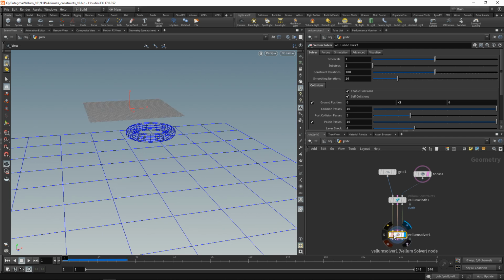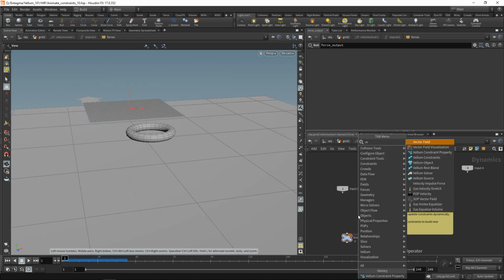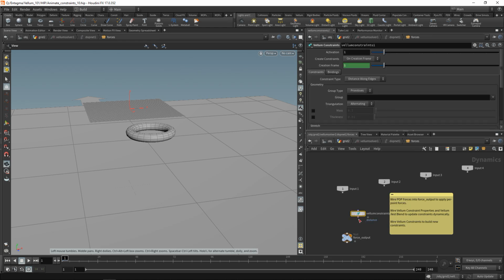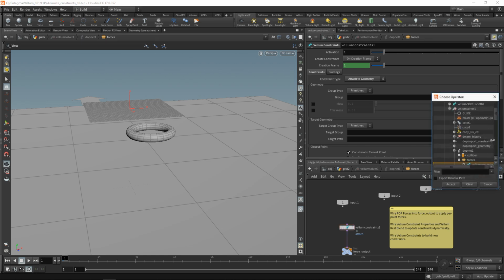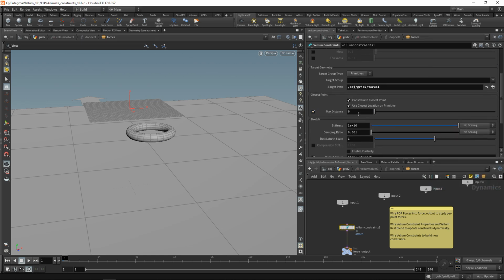And luckily we can do this in the Vellum solver here by dropping down a Vellum constraint, wiring this in the force output. So you can see the force output is named a bit misleadingly. It accepts many things, not only forces. Within this constraint sub here, let's set the constraint type to attach to geometry. And we've talked about this. We can use this to stick geometry to collider geometry that's close to our simulated geometry. Let's just set the target path to our torus here. And down here, let's check max distance and set the maximum search distance within which the geometry should look for geometry to stick to